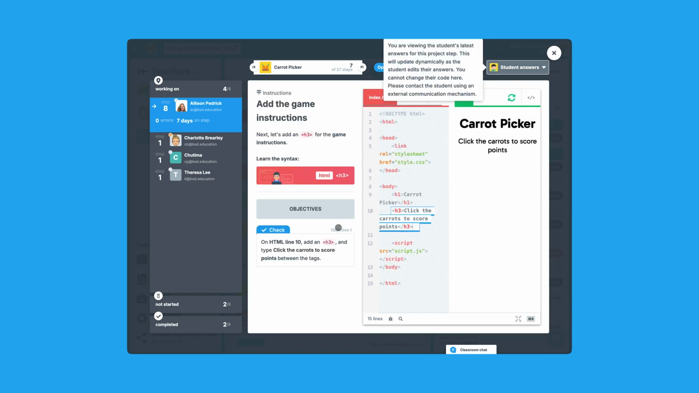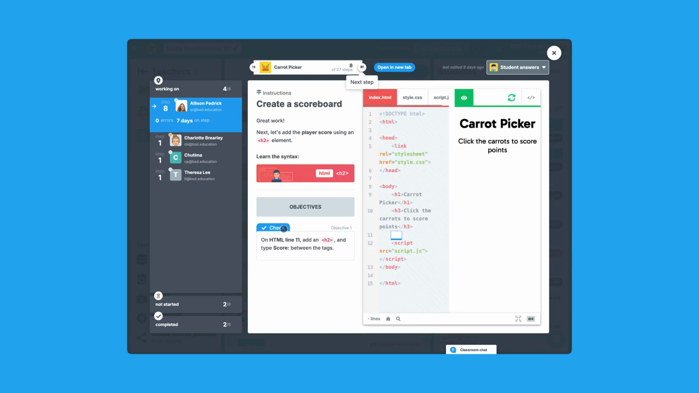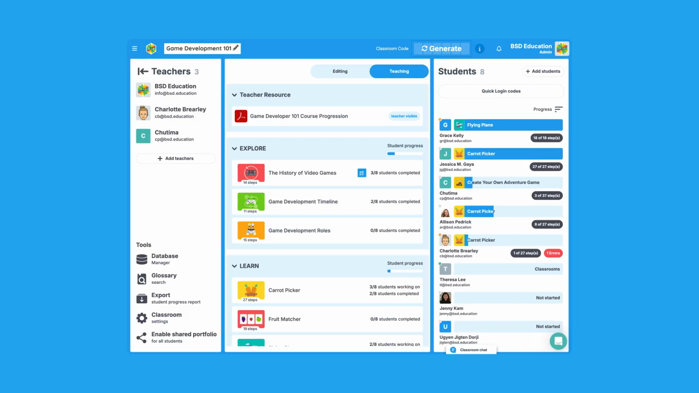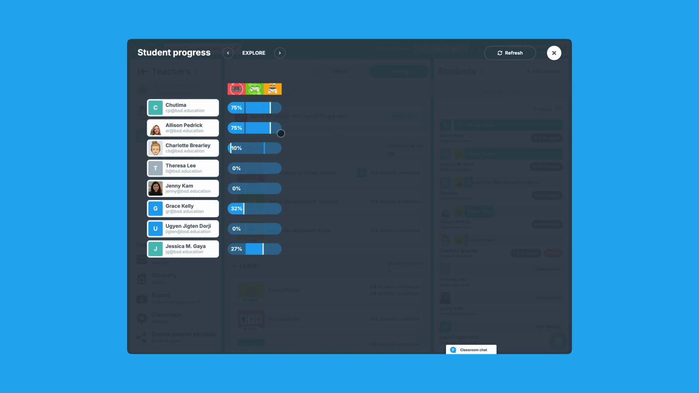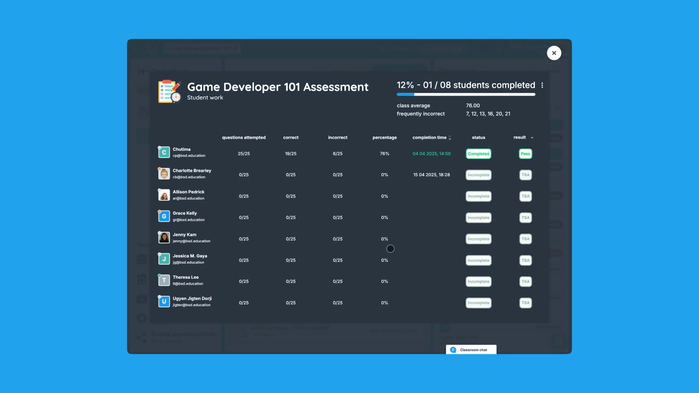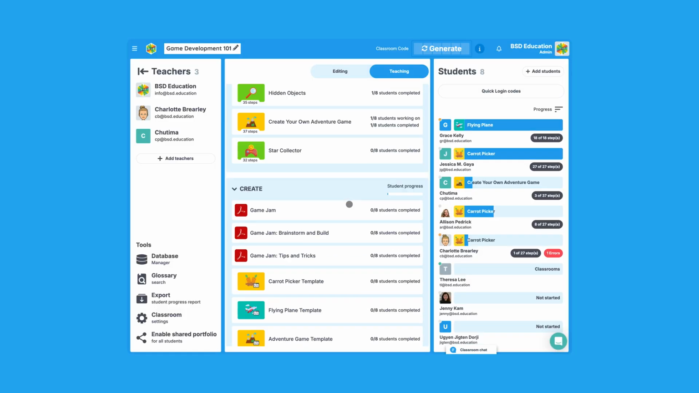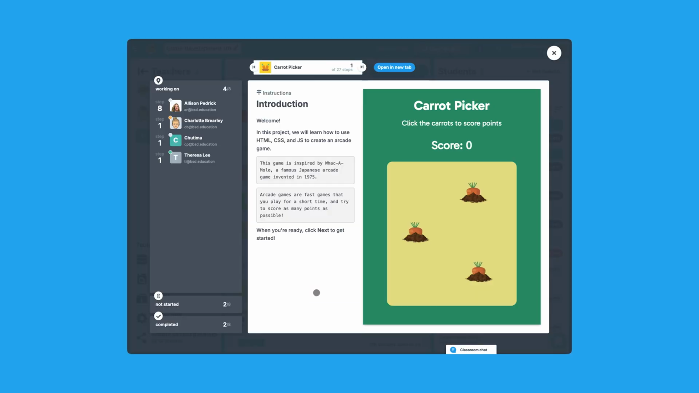I can also check this one has been passed. This one shouldn't be empty. I can see in the class here. I can see the progress that the students have made. Within assessments, I'm able to view the progress students have made. If I'm looking at it from a student view,